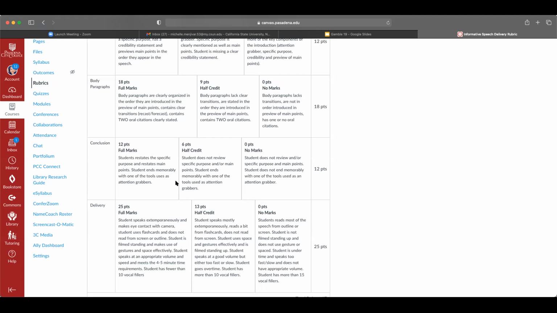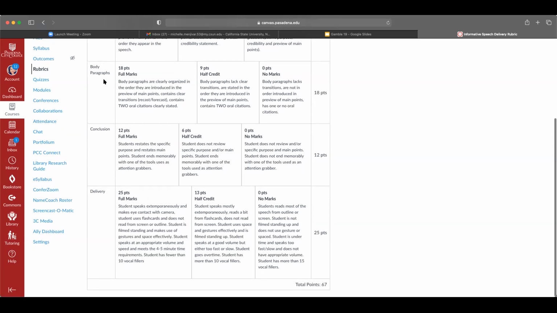So you would say something like, according to, as stated by, and so on. Not stating the source and just kind of reading the quote does not count as an oral citation. That counts as a citation in your outline, but not as an oral citation. So make sure that you are doing an oral citation. If you have any questions as to what that looked like, send me your outline. I'll be more than happy to look it over for you and let you know if it's an appropriate oral citation. That's out of 18 points.